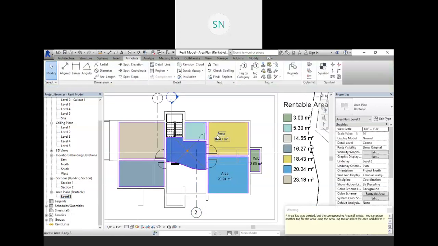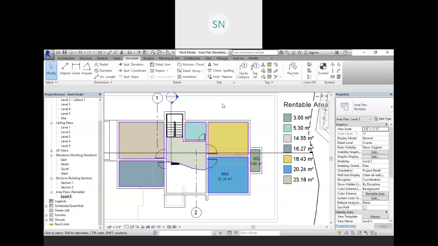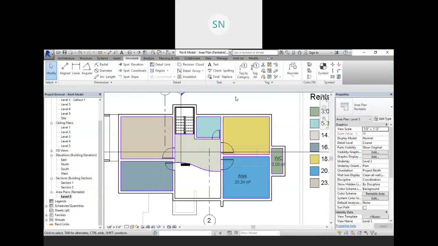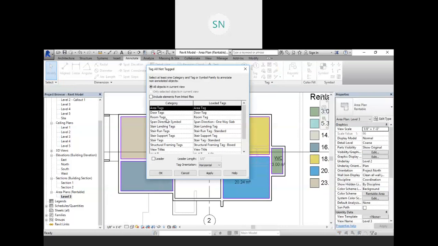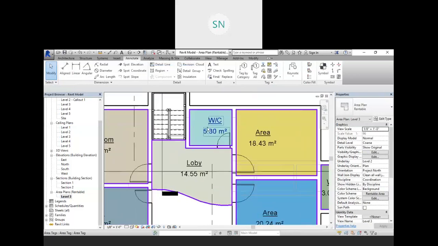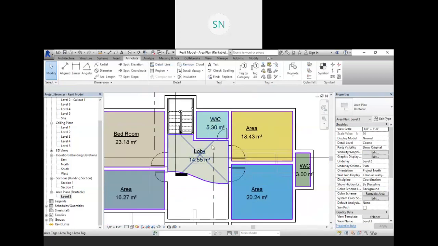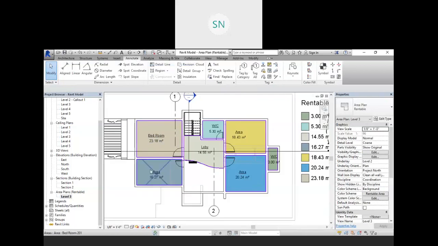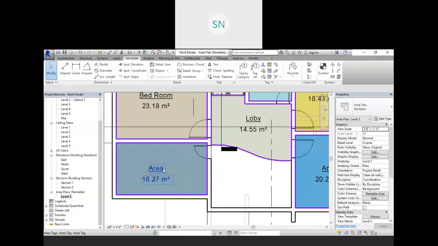But Revit will remember each and everything. So what will happen? See, again, go to the tag all, choosing the area tag over here, click on apply and OK. Now see, we have a complete name as we wrote over there. So everything will be there, right?